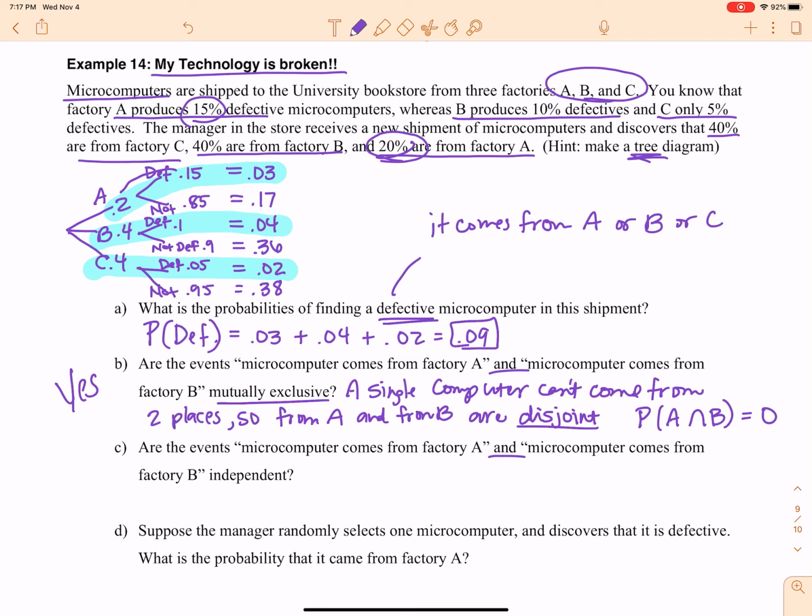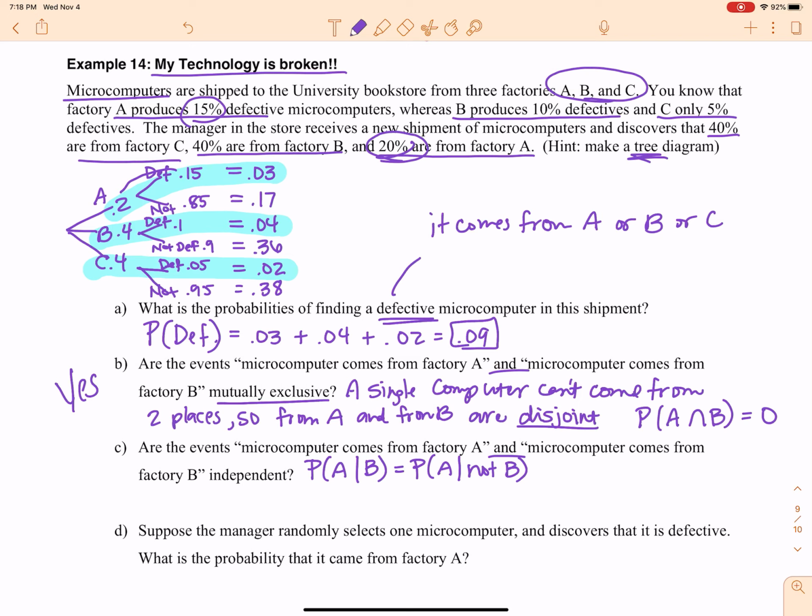All right, part C. Are the events microcomputer comes from factory A and microcomputer comes from factory B independent? Well, think about this. The probability of A given it comes from B, is that equal to the probability of A if it doesn't come from B? Well, I want you to think about this